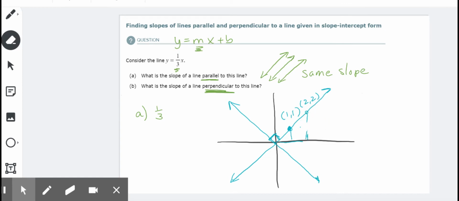All right, so what's the slope of this line? The slope of this line is 1. If you look at this one, it's (-1, 1), (-2, 2), because the name of the line is y equals the negative of x. In this case, the slope is equal to -1. So you might be tempted to think that they're opposites, but